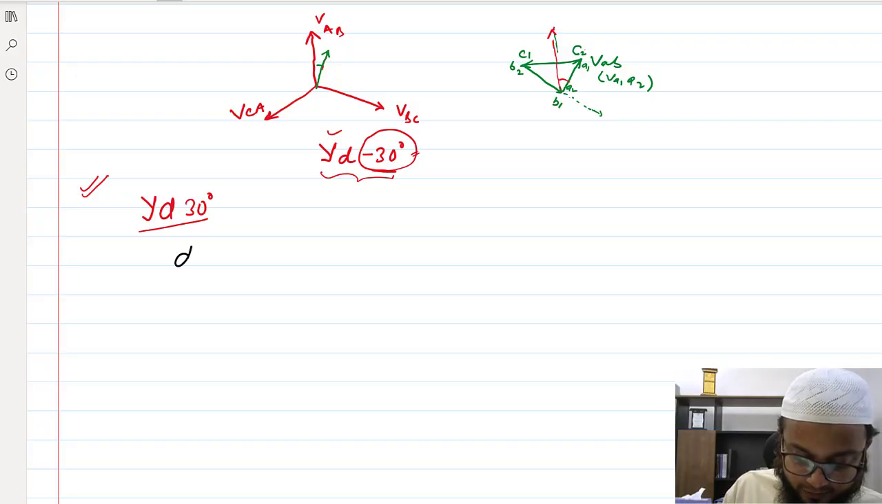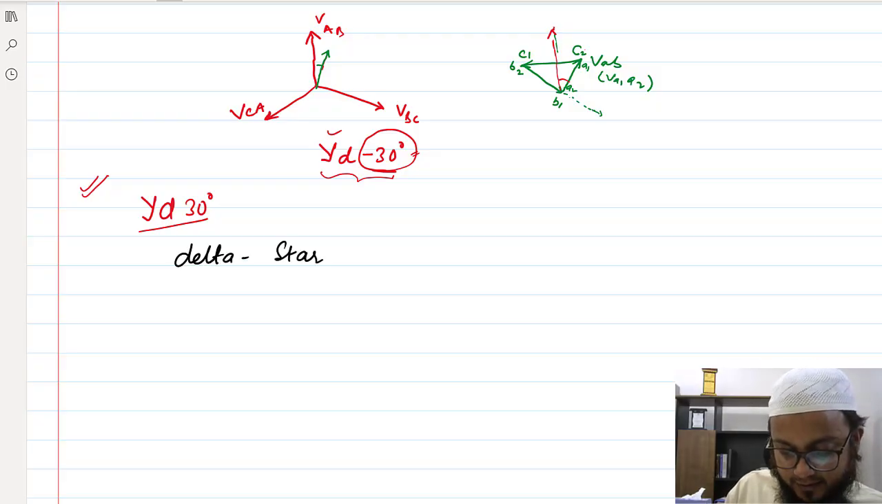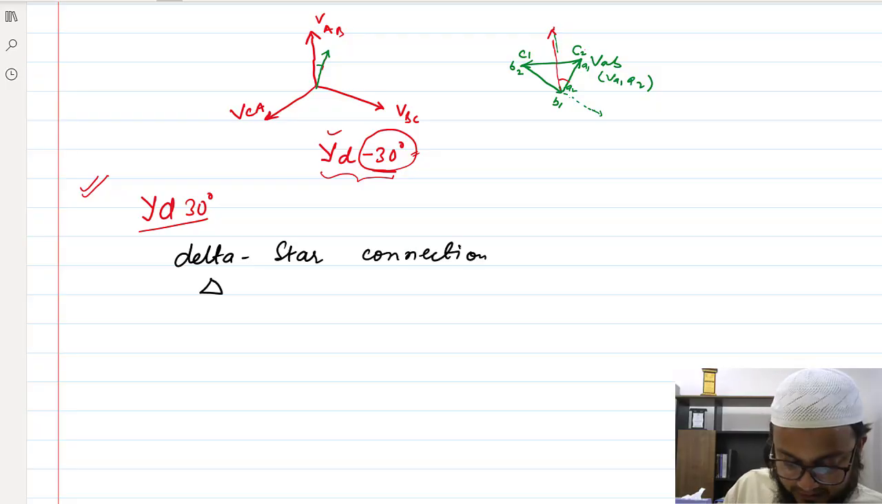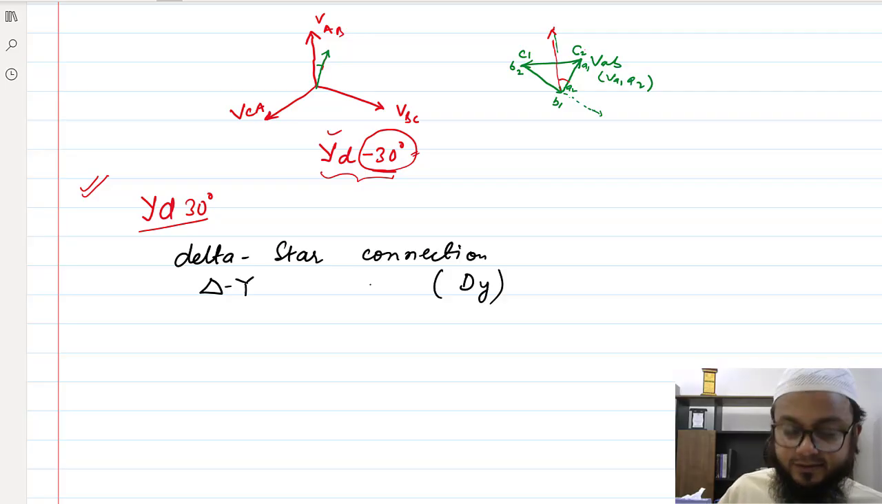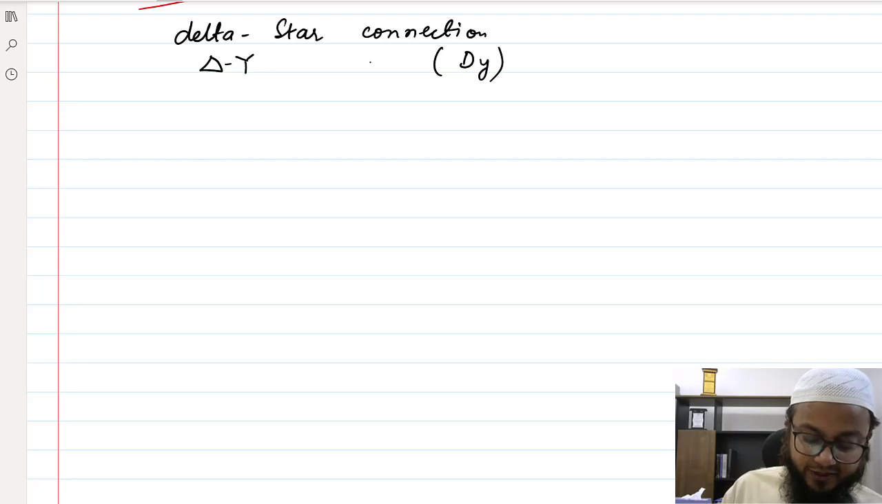Now we will talk about the delta-star connection. Delta-star connection, which is sometimes known as the Dy connection as well, delta-y connection, delta and star connection. So that means if we want to draw it,